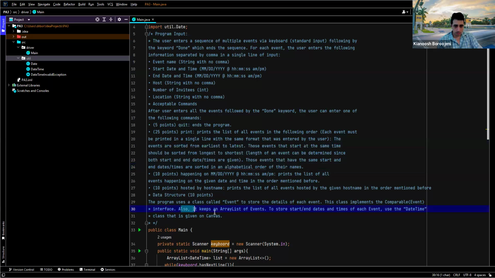It says keep your events in an array list of events, right? So you should not use an array, you must use an array list. And in order to store the start and end dates, you have to use the datetime class that is given on Canvas. I'm going to show you the datetime class,